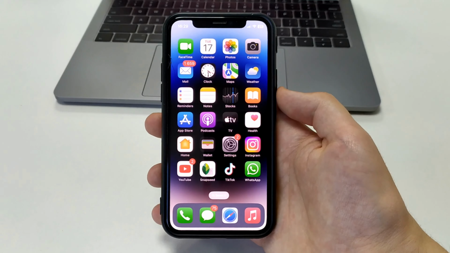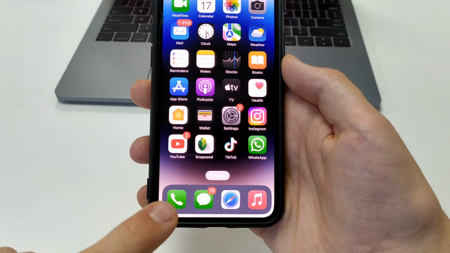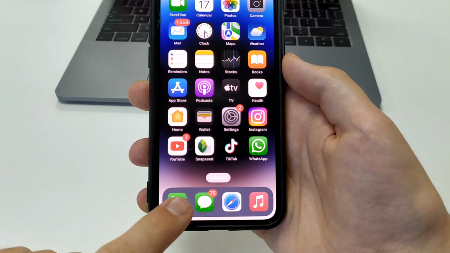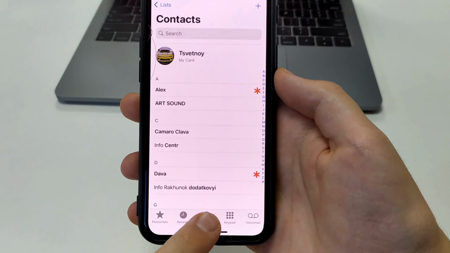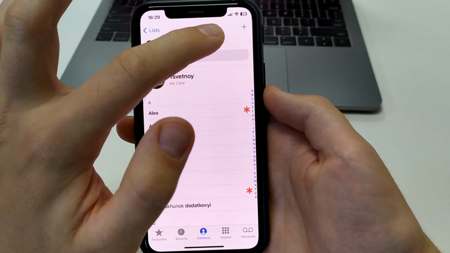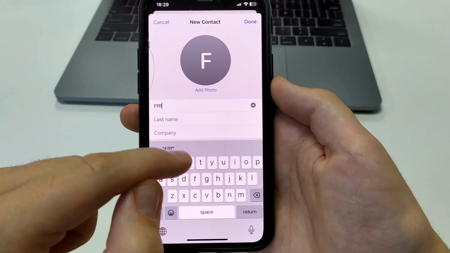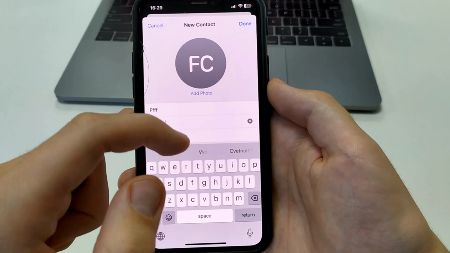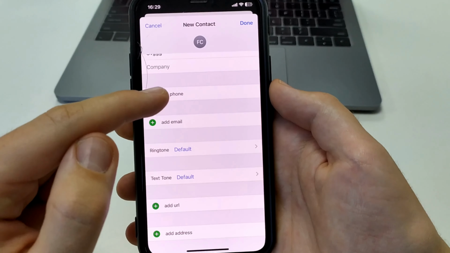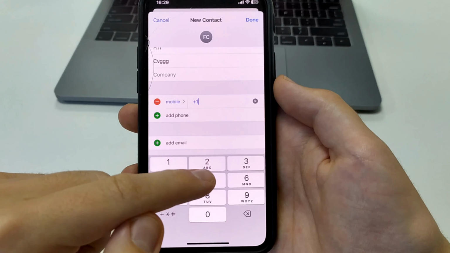Let's get started. The first way we can do it is just through our phone, the standard app that we use to make calls. Go here. Click on Contacts. In the upper right corner, click on the plus sign. Here we put the person's first name, put the person's last name. And then we go down. Click Add Phone. Add phone number. Then we press Save, and the number is saved.